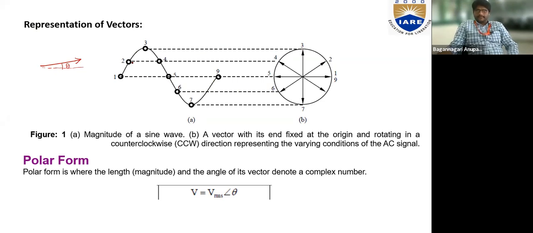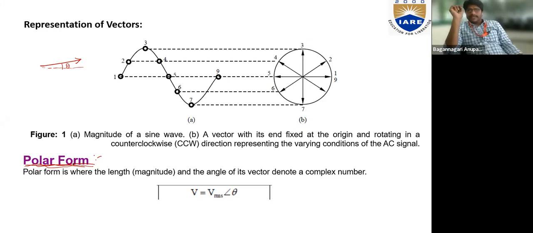Now, how do we represent such vectors? We can represent them in three forms. One is the polar form, another is rectangular, and the third one is the exponential form. Let us discuss one after the other. So the first method of representation is called the polar form. In AC systems, when you solve problems, you will be coming across this much. But according to your syllabus, we are not dealing much with these types of representation of AC. But to have a clear picture of vectors, we will discuss this representation in polar form, right?